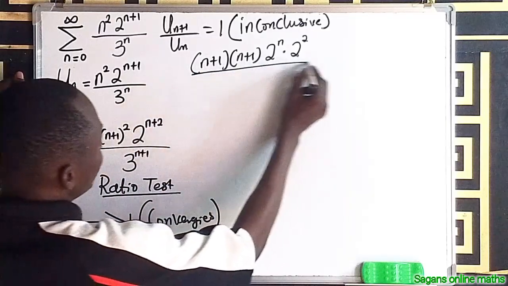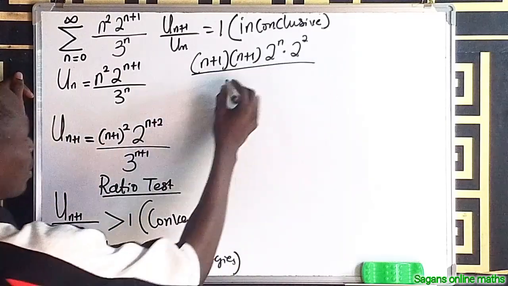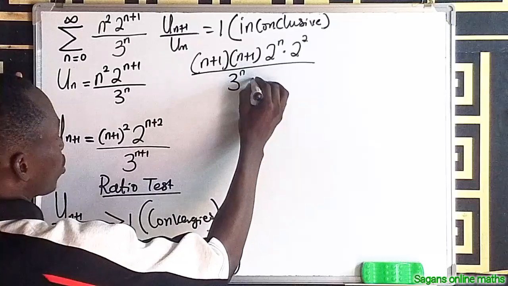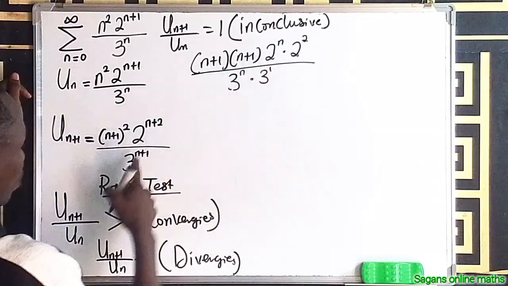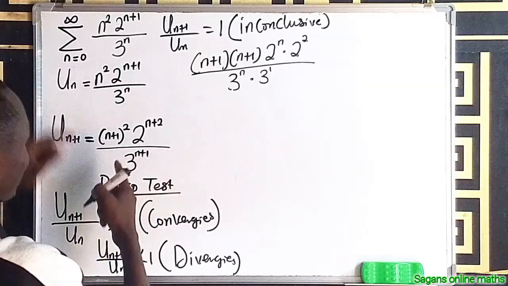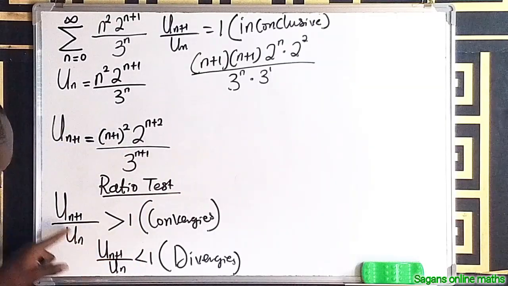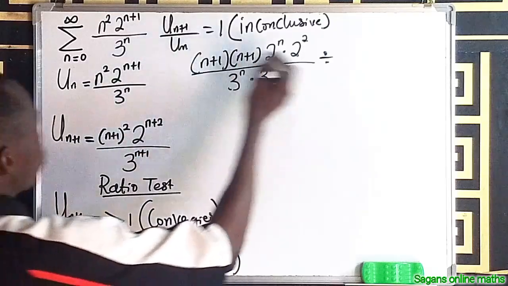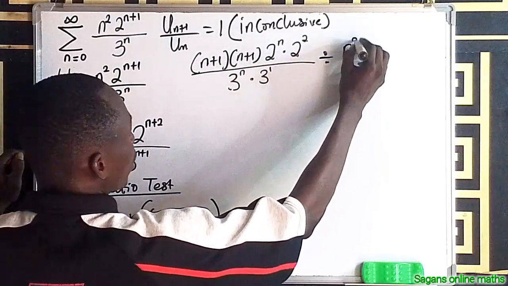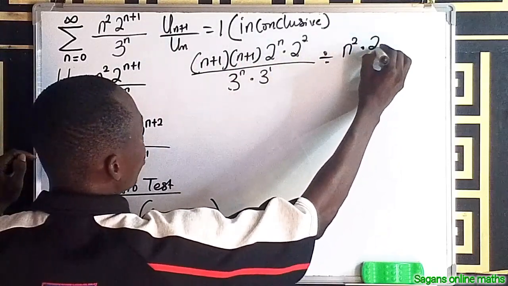Then divided by 3 to the power of n multiplied by 3 to the power of 1. If I take a single base and add the powers, I'm going to have exactly what is here. Now, look at the division sign, I'm putting my division sign here. Divided by this, which is n square multiplied by 2 raised to the power of n